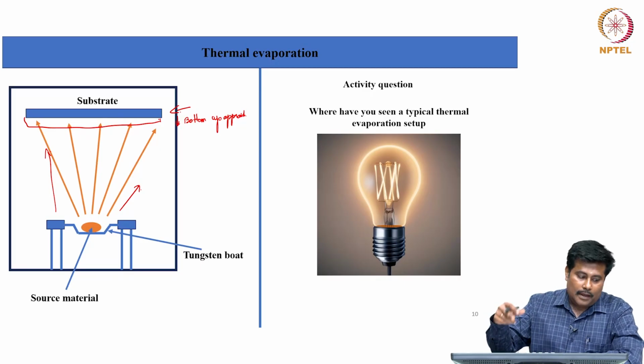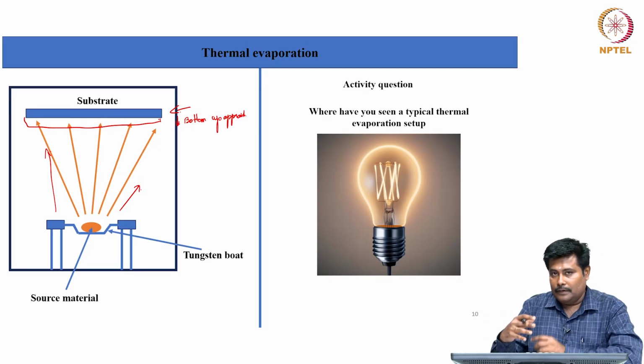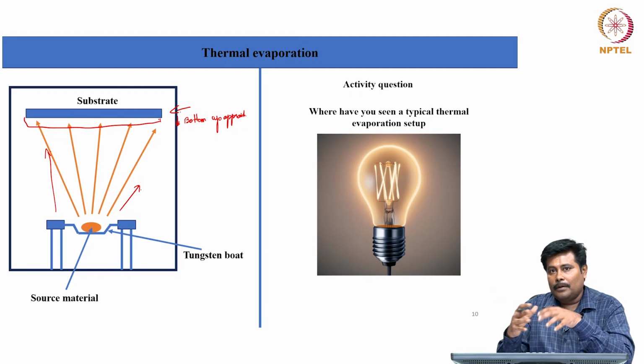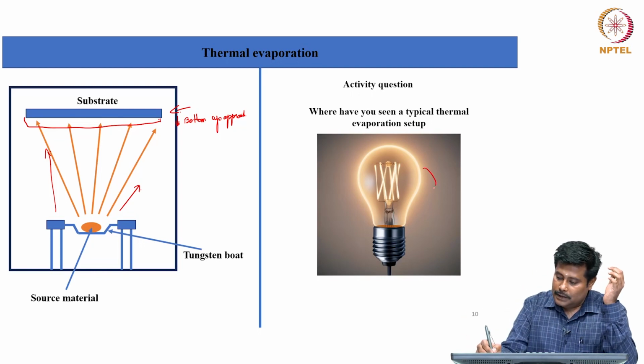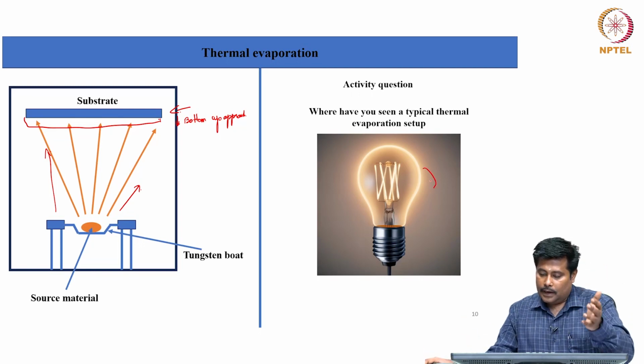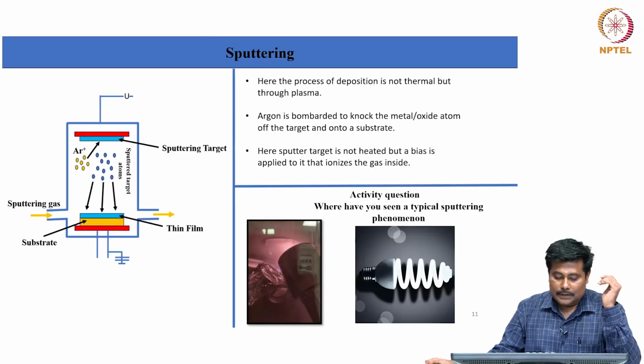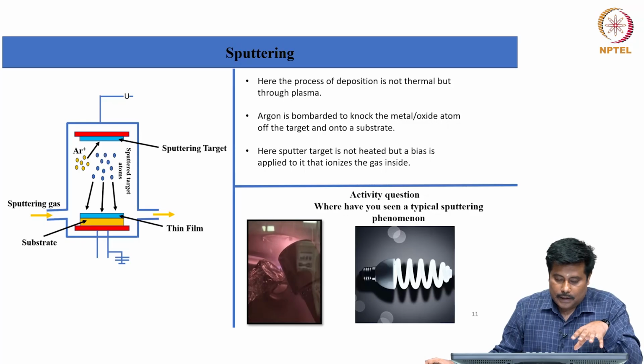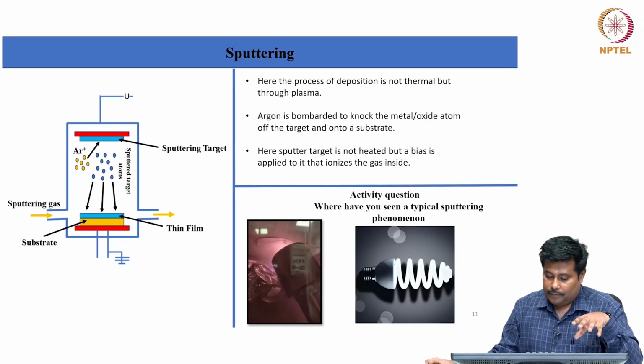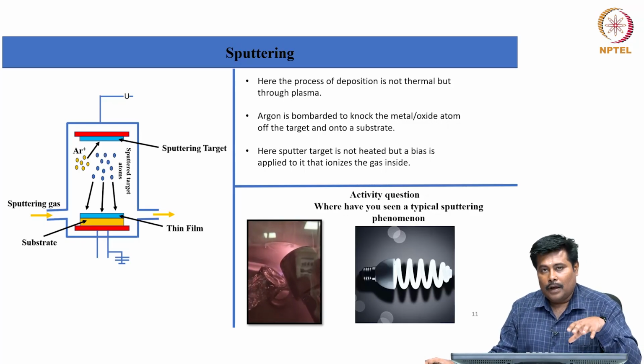Where we have a filament, we heat the filament, and the glow discharge from the filament is seen as a glowing discharge exhibited over here. Similarly, one of the other examples